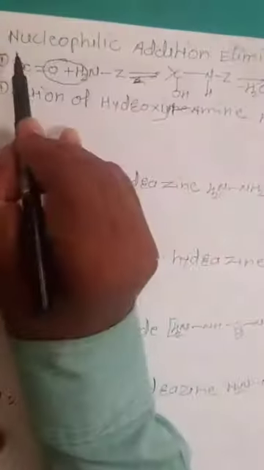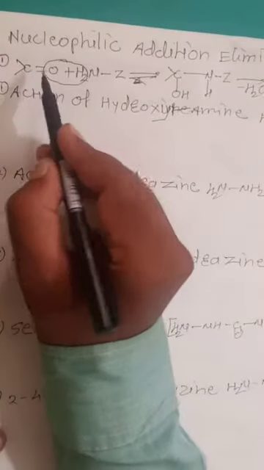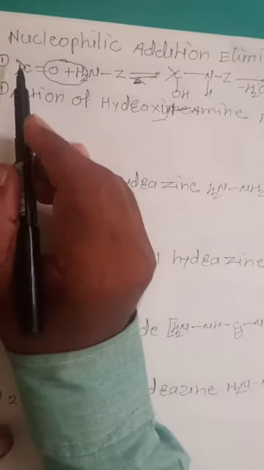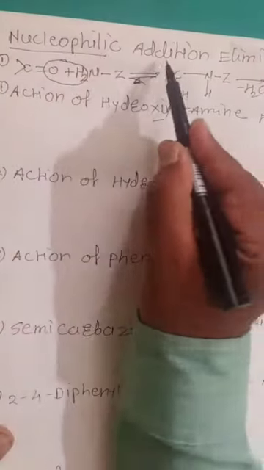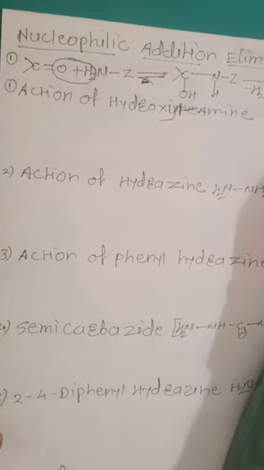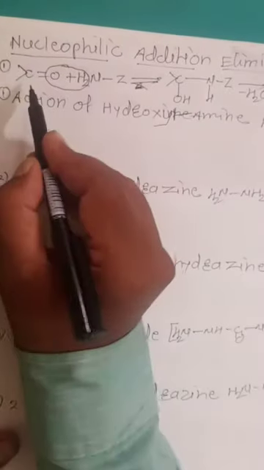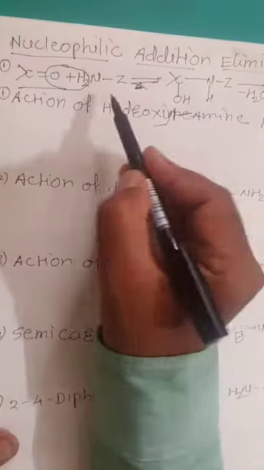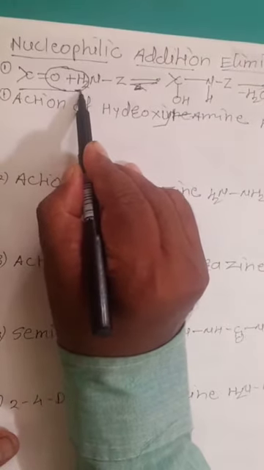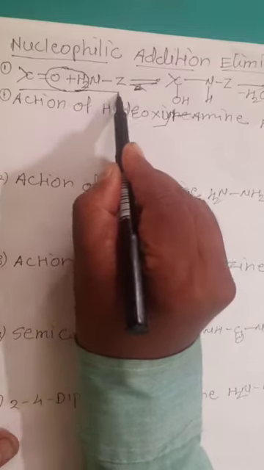Good morning, students. We have seen some reactions based on nucleophilic addition. Next reaction is the nucleophilic addition elimination reaction. Means in this reaction, nucleophilic addition takes place as well as elimination occurs. Here, if we consider this carbonyl group, CO group, when it is treated with ammonia derivative,